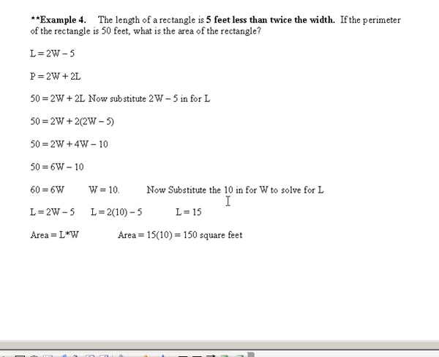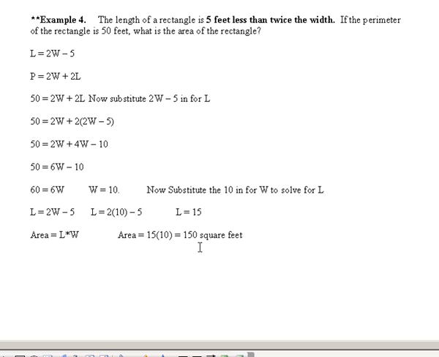So I'm going to substitute the 10 that I just figured out in for the W in the equation here that's solved for L. So I'm substituting the 10 into that equation. So that would be 2 times 10 minus 5, which is 15. So the length is 15. So now to get the area, just multiply your length times your width on a rectangle, and you'll get 150